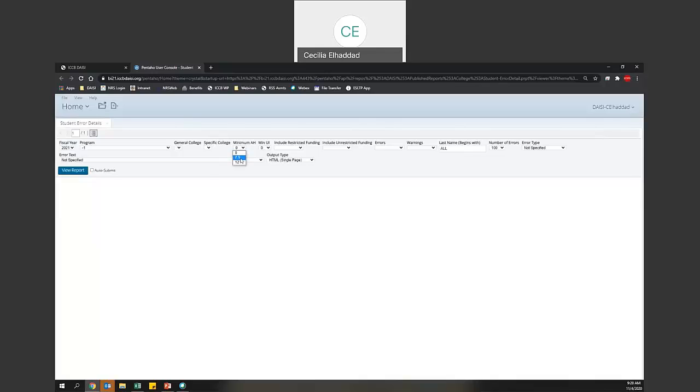Here are those attendance hours. You can choose the minimum attendance hours that you want a student to have. So if you only want to see errors for students that would show up on an NRS report, then you can choose 12. If you want to see errors for students that would otherwise show up on any of the other required reports, you can choose 7.5. You can choose the funding source, the error type,